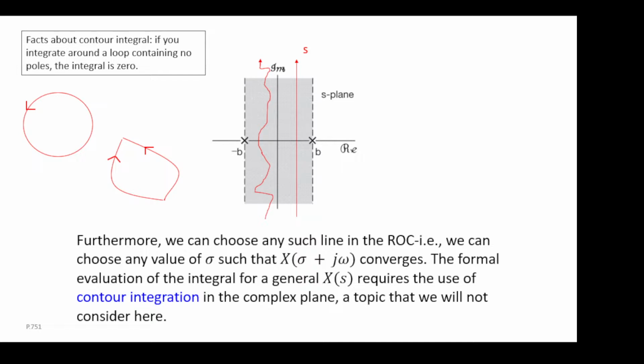Also, if you do the contour integral on the same contour in the reverse direction, the integration is negative, and you can also break the integration into different parts, just like before. So if you break this circle at two points,